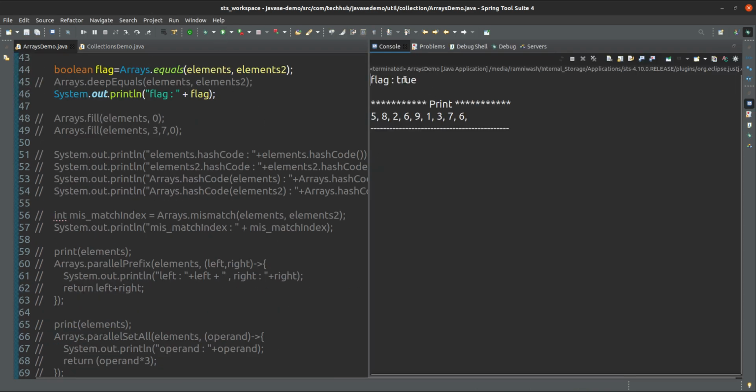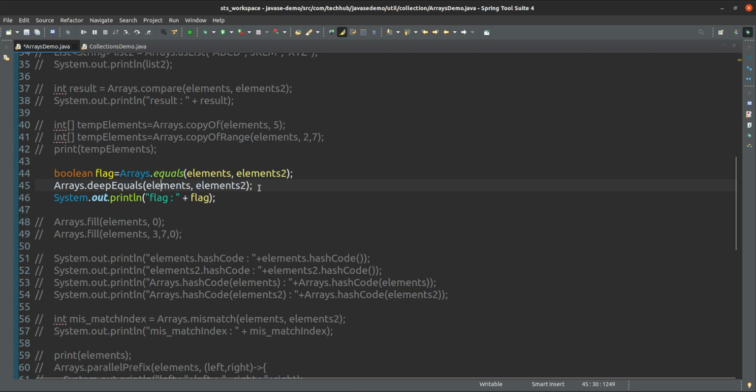Yes, now it is equal, true. Okay, so this is the meaning of equal. Another one is deepEquals. What is the meaning of deepEquals? Suppose currently this array is the type of